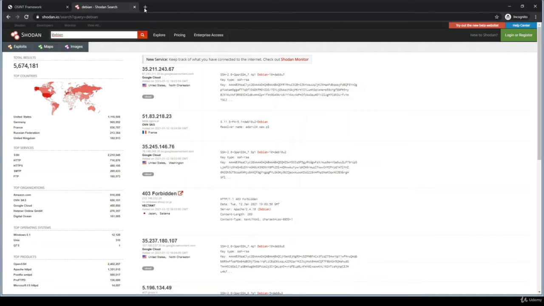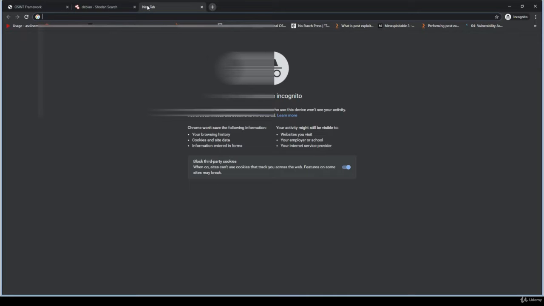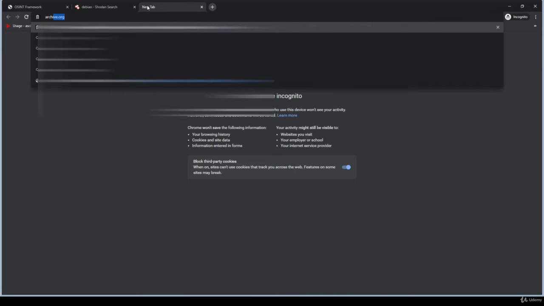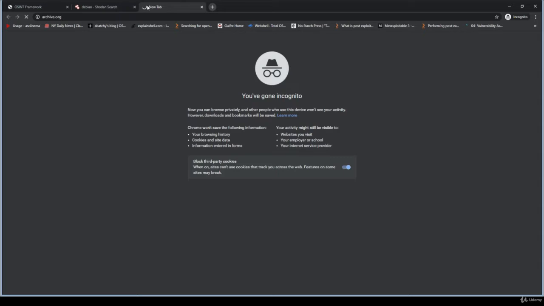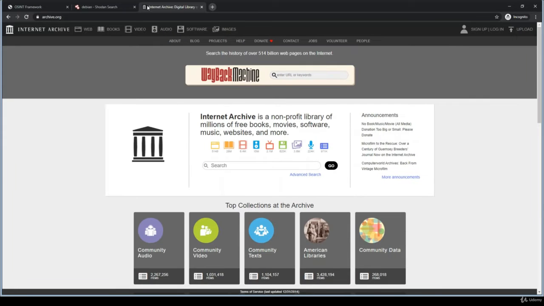Apart from this, I would also like to tell you about the archive. Archive is basically the Wayback Machine, which stores website information, the history of the website. For example, during our investigation, sometimes we need to find out the status of a particular website in a particular time frame.